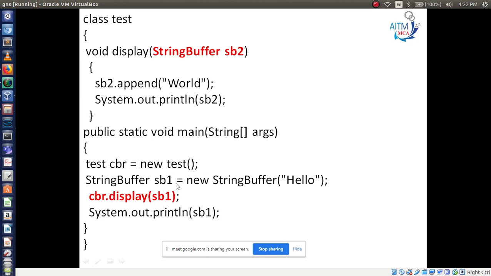Now pass this sb1 to the display method. How to pass this sb1? Based on the reference variable cbr, access this method display and pass the value sb1. sb1 has the value hello. Hello is going to be passed to this method.